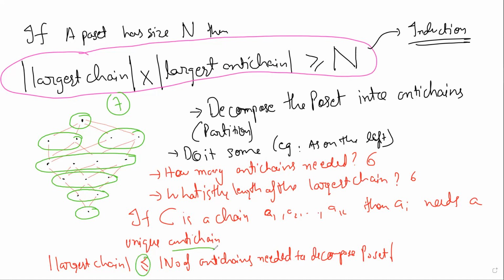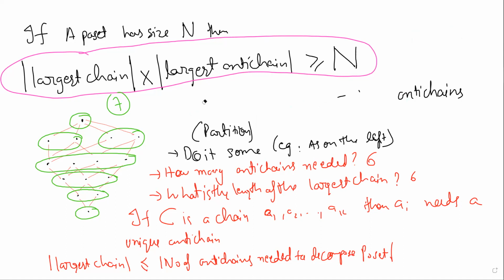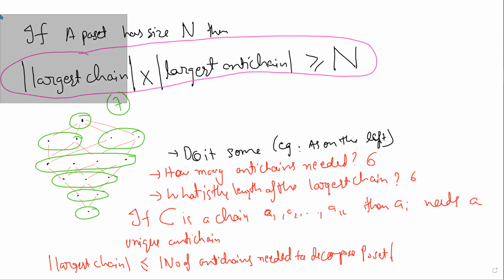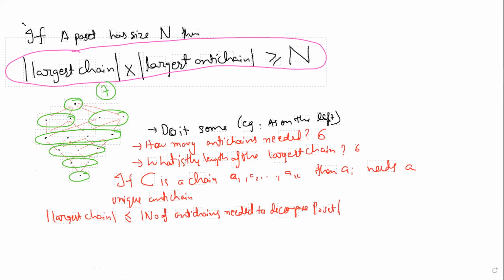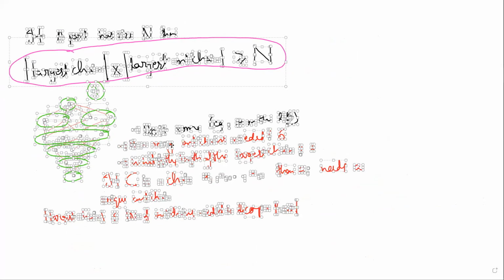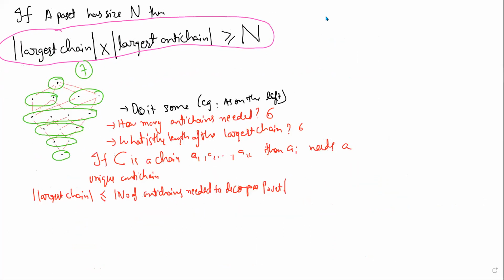Because this is like you decompose, so there are many possibilities here. What decomposition should I take so that I have the best possibility of getting an equality? I should obviously take the minimum decomposition, right? I'll say decompose my poset into the minimum number of anti-chains. Then the claim, and this is not obvious, I don't think it is obvious, but I have not thought much about it. It can be maybe.